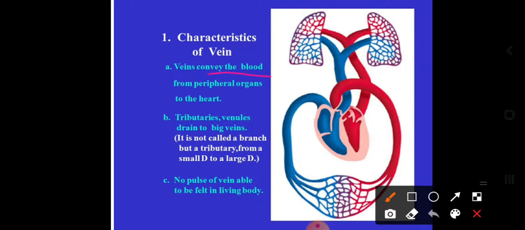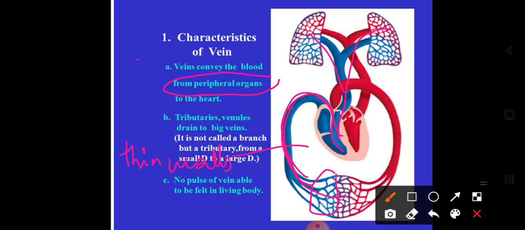Now generally, if you observe the characteristics of veins, these veins are blood vessels present in the peripheral, meaning outer organs of the body, which are always carrying blood from the body cells to the heart, and from there to the lungs for the purification process. When they are collecting blood from body parts to the heart, less blood pressure acts on their wall. That's why veins are made with thin walls comparatively to the arteries. And one more thing in these veins: veins are the blood vessels having valve-like structures in them.